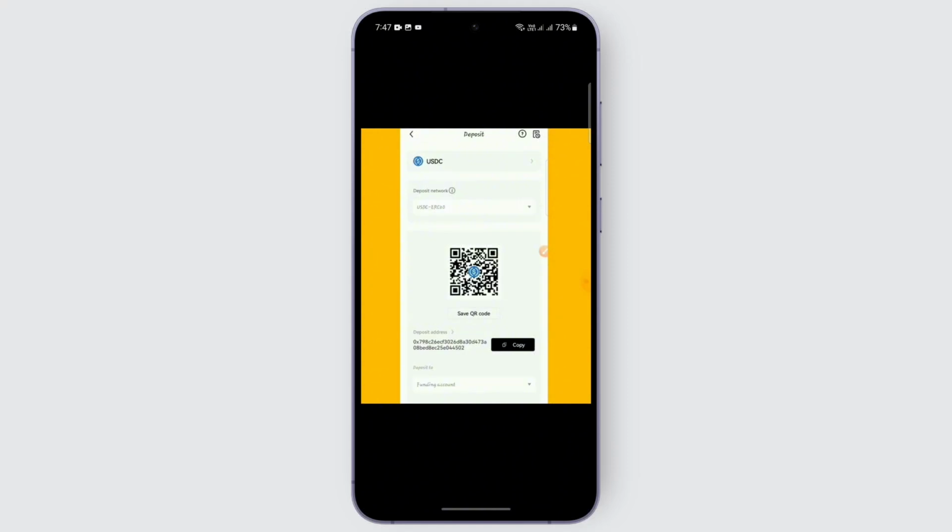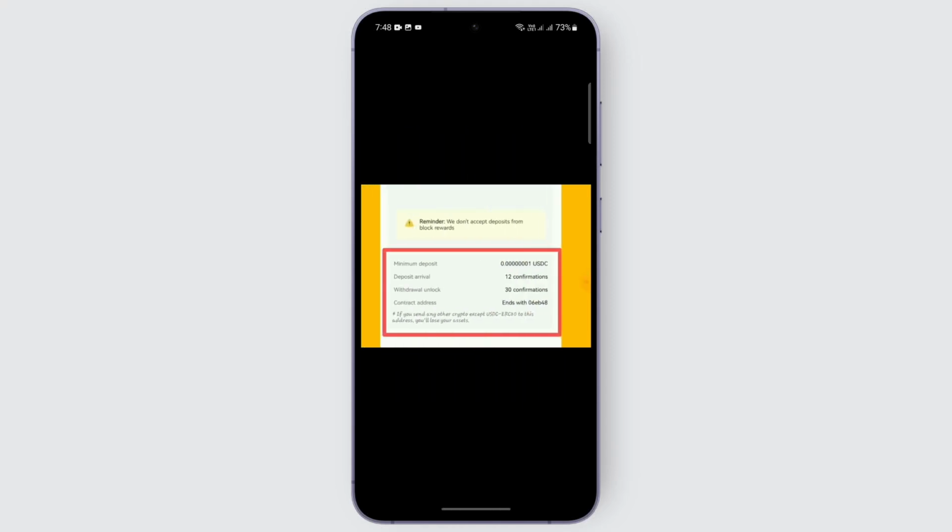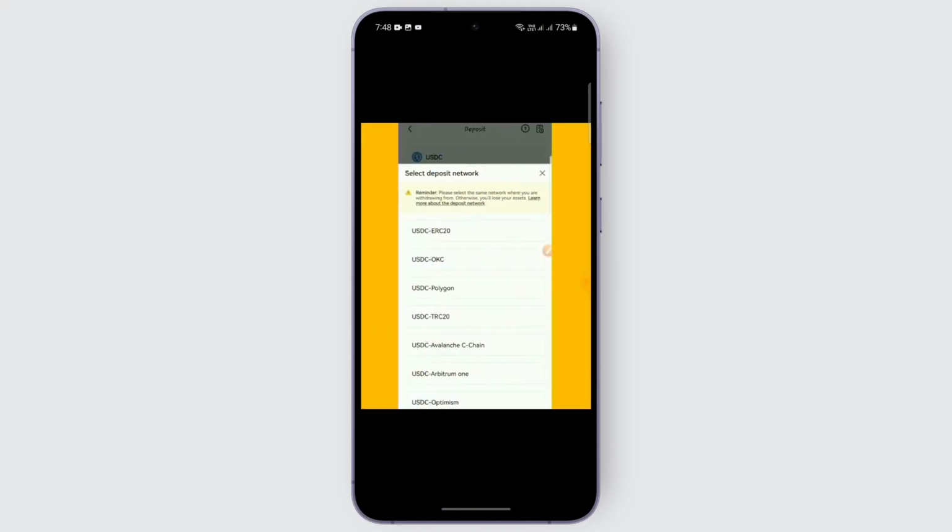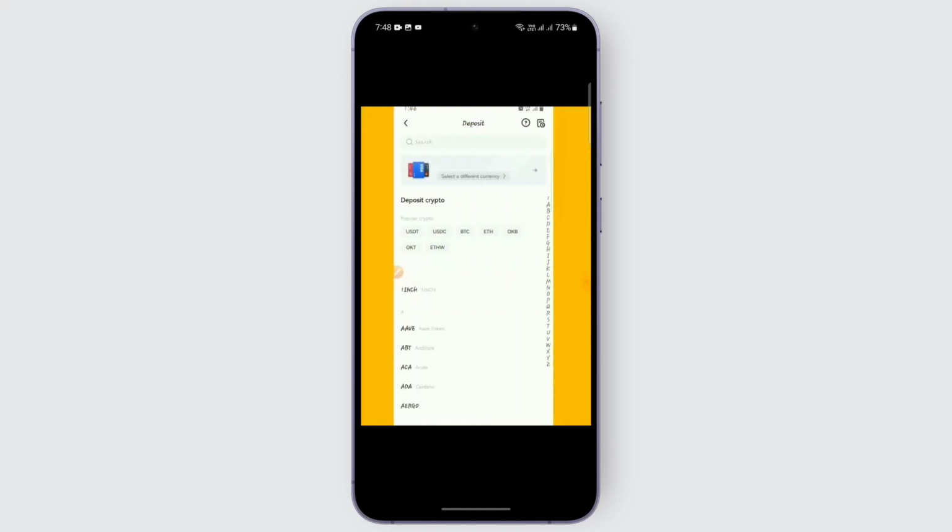and save QR code. So this is the withdrawal address of OKX of your account. So this is the deposit address. You may just copy that address, or you may just use this QR code that is available on your account in order to deposit. After that, when you deposit, you should be able to see this mini deposit arrival, withdrawal, unlock, and contract address. You may just go on with the process of depositing your crypto, and that should do